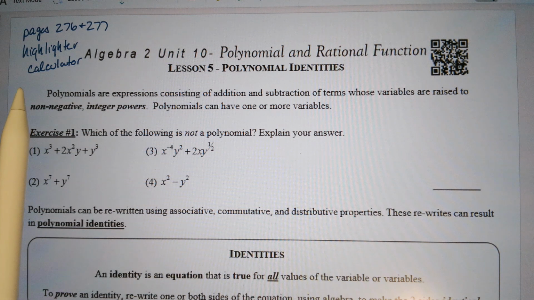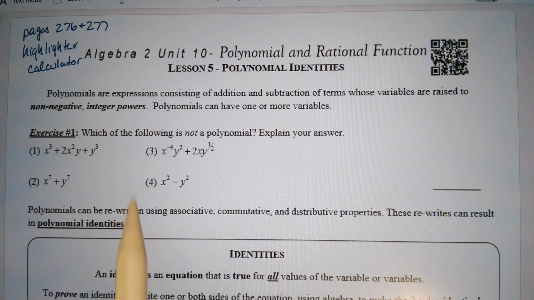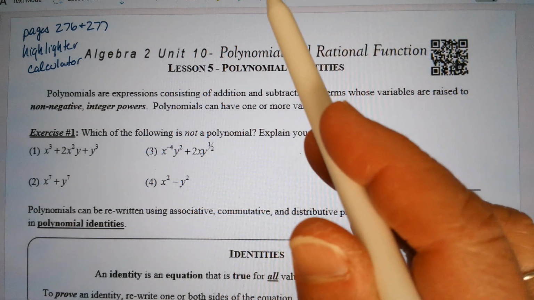Today we're on pages 276 and 277 of our textbook. You want to have a highlighter and your calculator. Lesson 5, Polynomial Identities. Recall that polynomials are expressions consisting of addition and subtraction of terms whose variables are raised